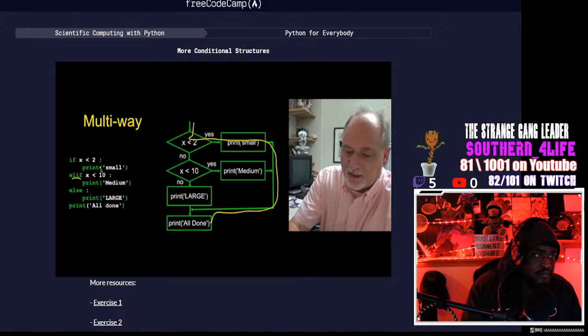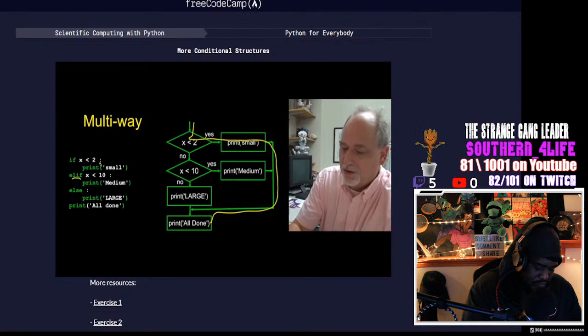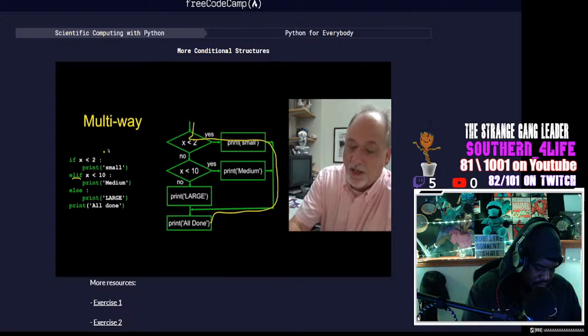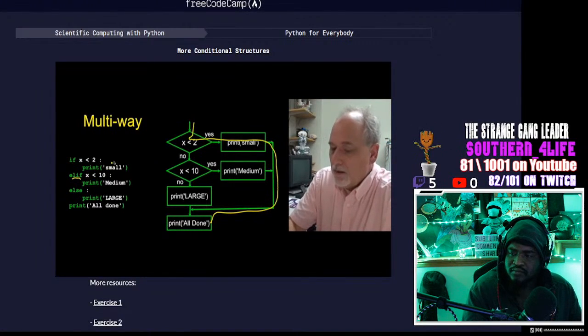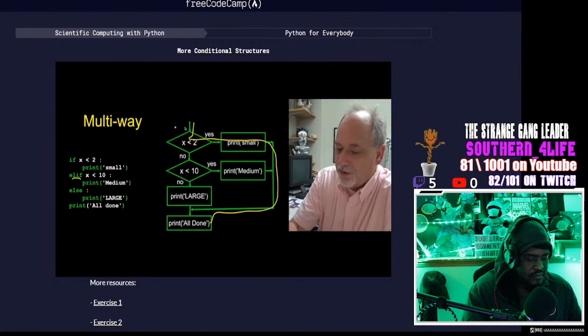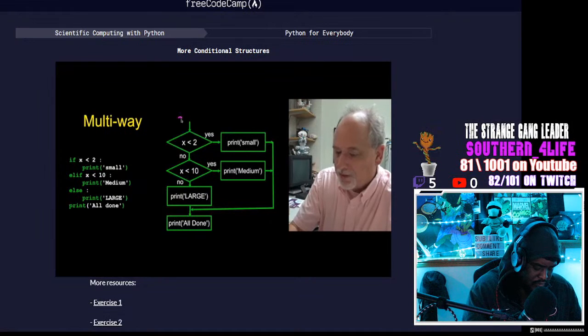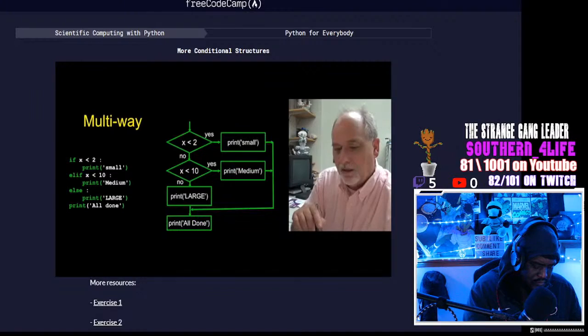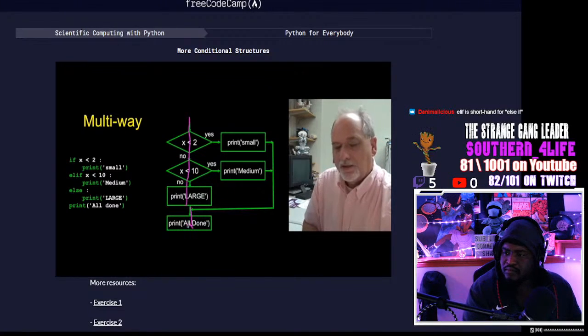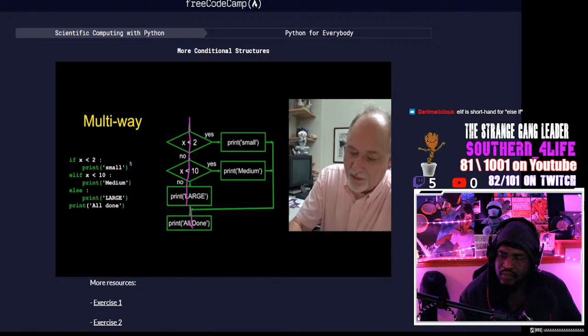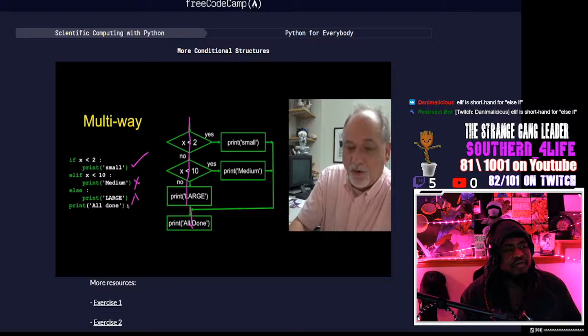It's not like it sees that there are two logical conditions. It actually checks them, the first one, and how you order these matters, as we'll see in a bit. And so if the first one is true, it runs. If the first one is false and the second one is true, it runs this one and it's done. And if neither of them are true, it falls through and there's an else clause that is otherwise, and it runs that. So basically, it's either going to run one and then skip the other two, or it is going to